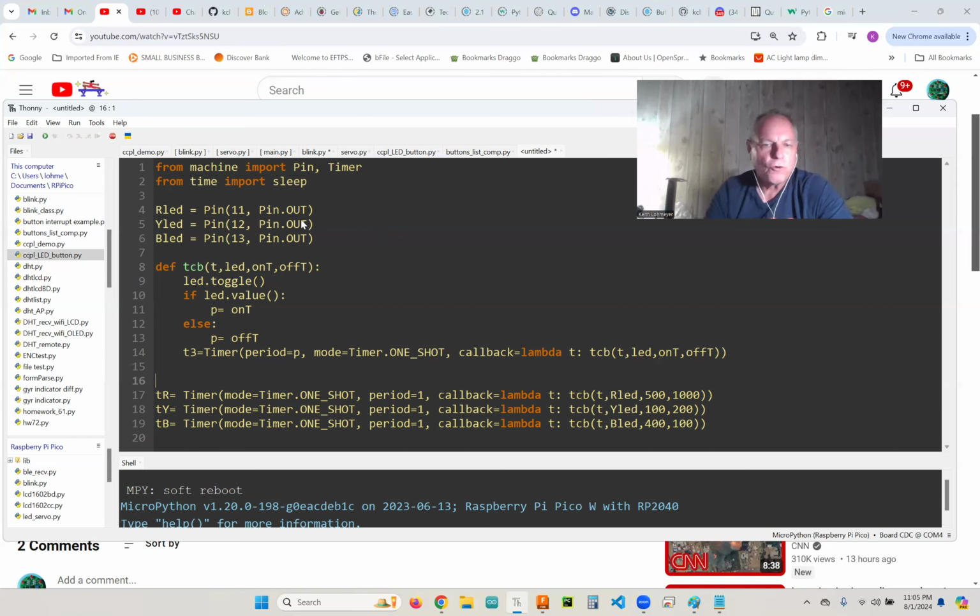and it's just going to loop back around. So once this red starts, it's going to continue to be red each time it does this. But we're also starting up a yellow, and it's going to be Y LED here, and it's going to pass the Y LED and the on time and off time for the yellow LED, and it's going to do it. And then the same way with the blue, it's going to stay blue